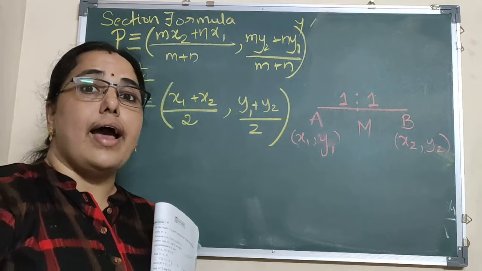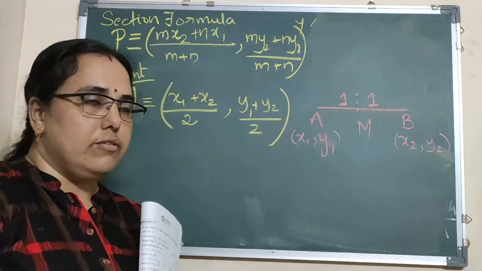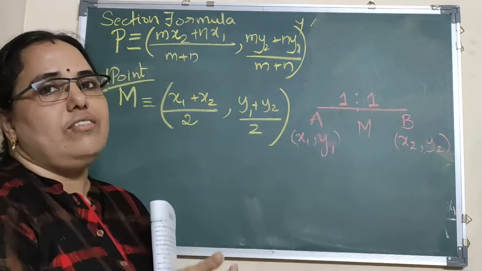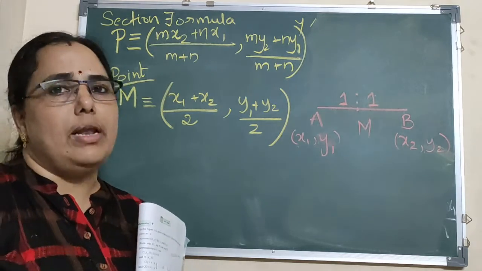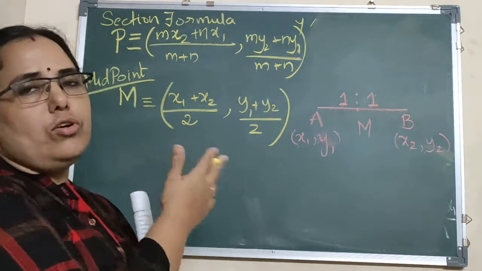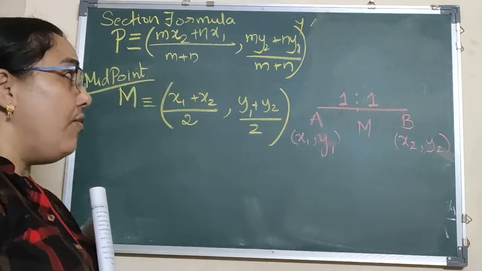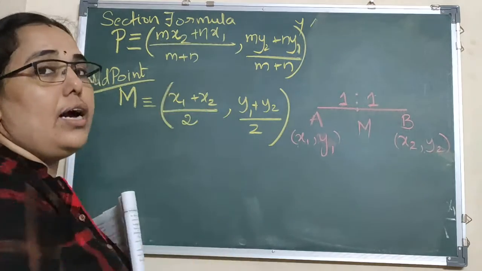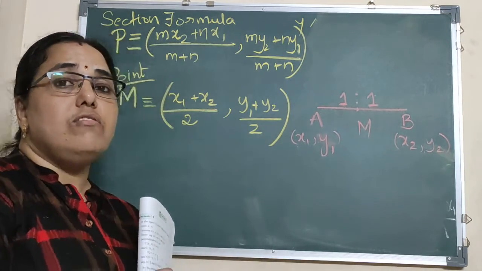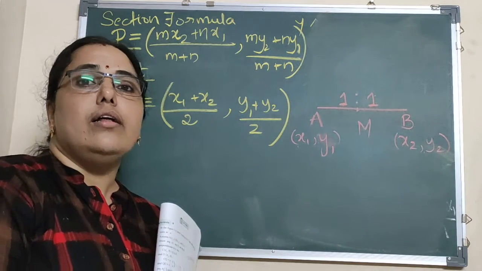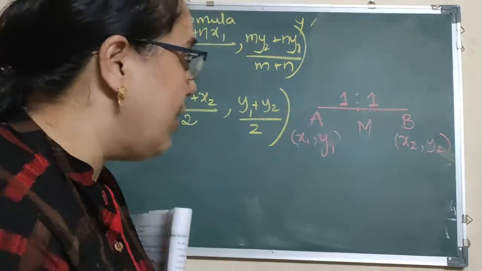Going further, we have the next, that is the centroid formula. Yes girls, now one after the other the concepts are getting complicated. Initially we saw the section formula. From the section formula the midpoint formula is derived, wherein the ratio m:n becomes 1:1. So it is very simple here. Now we go to see the centroid: how to find the coordinates of the centroid of a triangle. So what is a centroid?